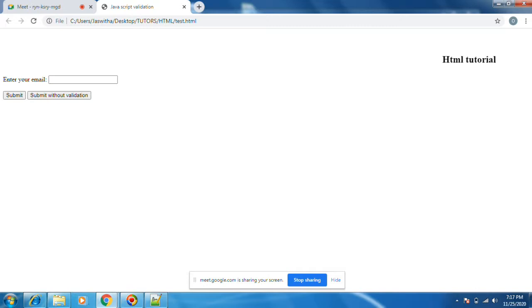See, scrolling is coming. There are attributes for marquee also. It will go like this and then it will go back to front also.